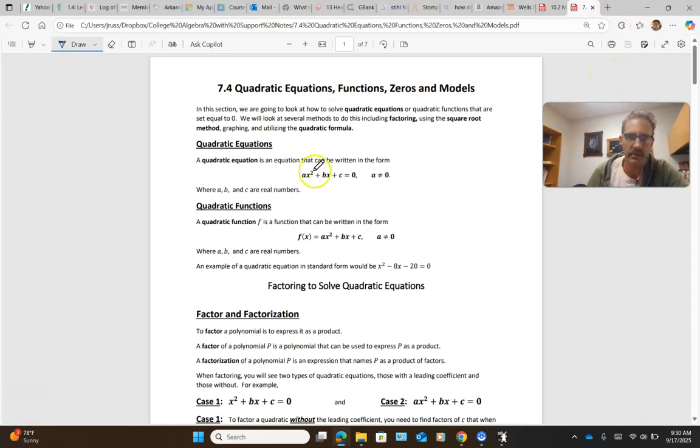Okay, so this really just deals with solving quadratic equations, or in other words, they also call that finding the zero of the function. We'll talk a little bit more about what that means, but